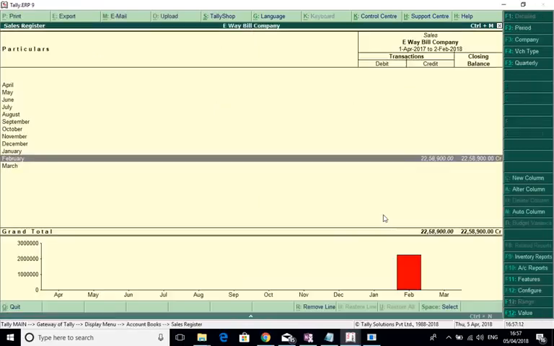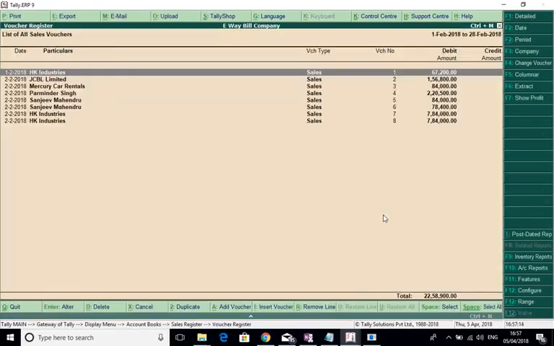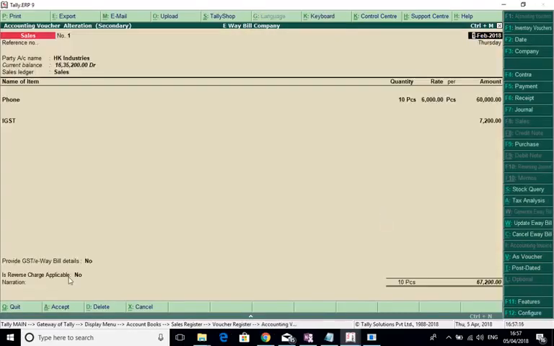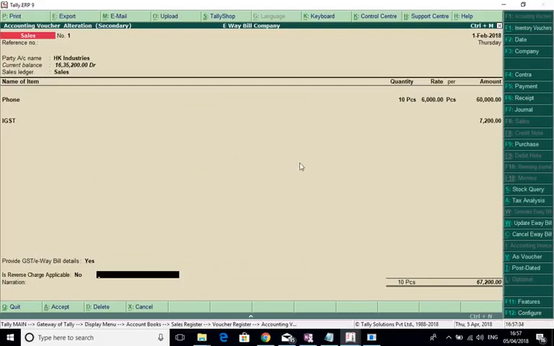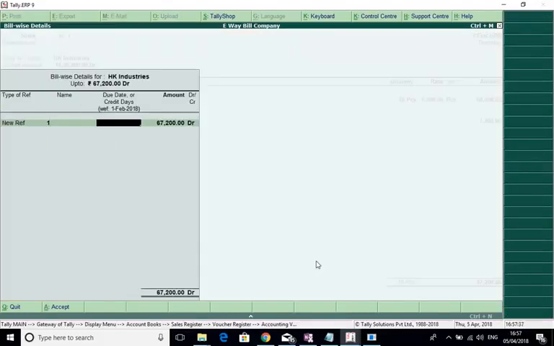Once this activity is complete, now you come back and let's go back to the display, accounts books and sales register, and say for example I open this. So here I'm not having any eWay bill number here, so I go back here and say yes. So I'm having this particular number here, I can delete it, and then again I can save it. So if I save this voucher